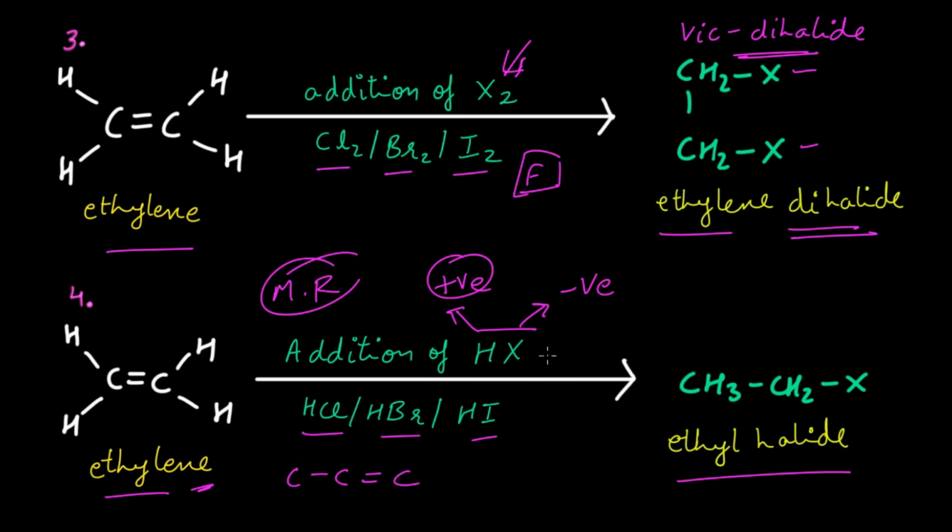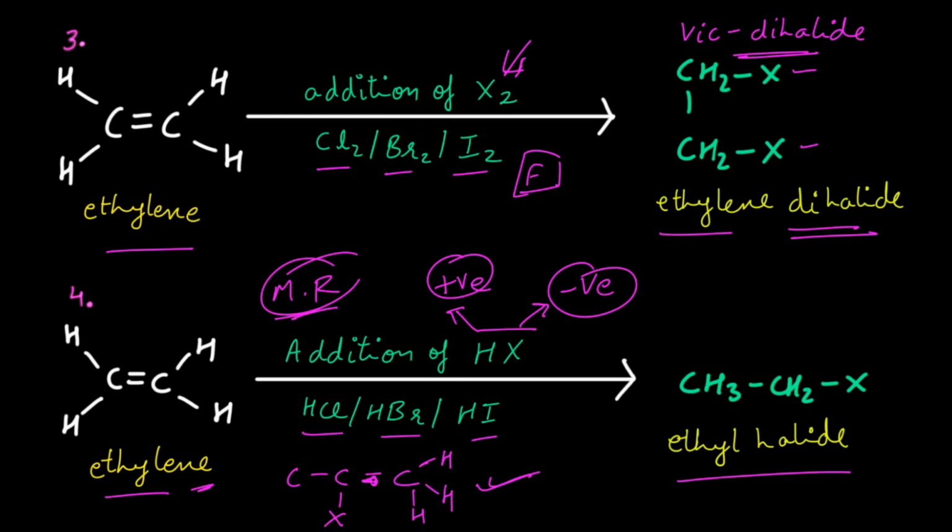the positive part of the reagent will be attached to that carbon that has the higher number of hydrogens. Now you can see that in the molecular formula of propene, this carbon consists of 2 hydrogens. So hydrogen will be attached here, the double bond will vanish, and the negative part, that is X, will be attached to the middle carbon. That's how you reach your final product in case of unsymmetrical alkene, right? I hope you understood. Just try to read Markovnikov rule.